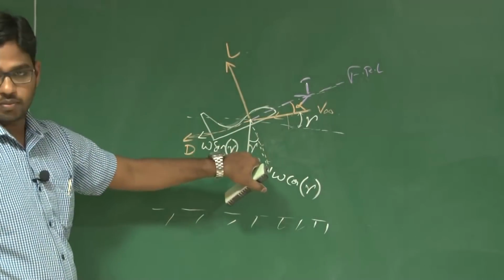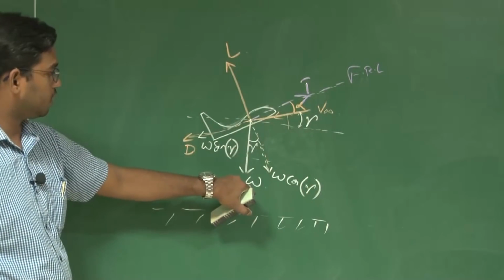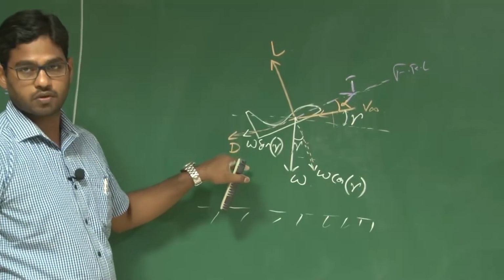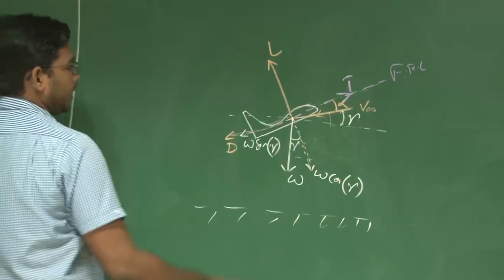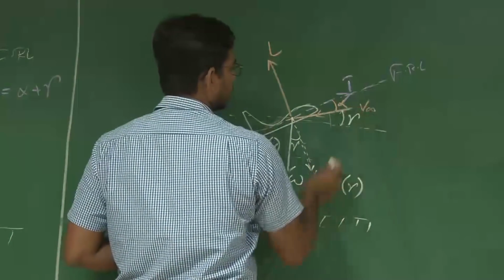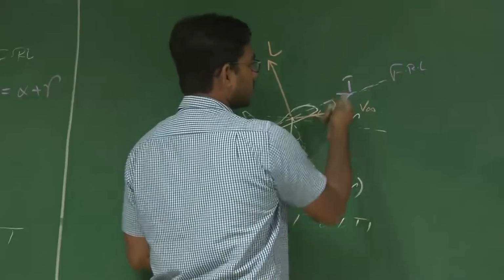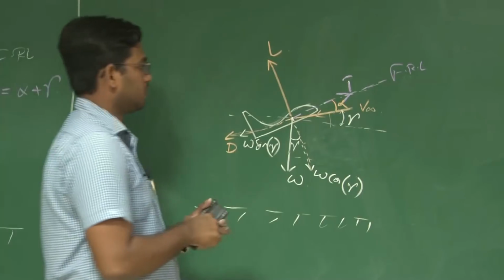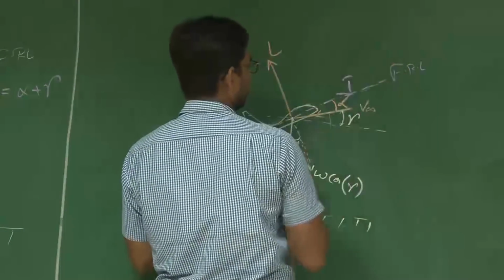So this is gamma, right? So a component of W acting along negative lift is W cos gamma, and along the drag is W sin gamma. And say this is your thrust misalignment. So it is not necessary that thrust is along the fuselage reference line. Okay. So let us make it a bit complicated.